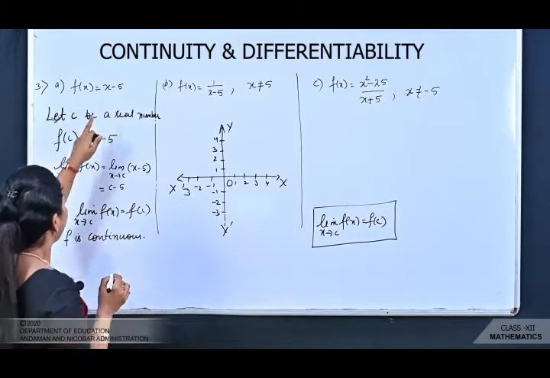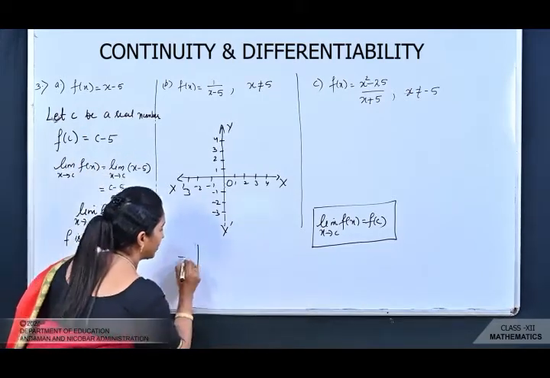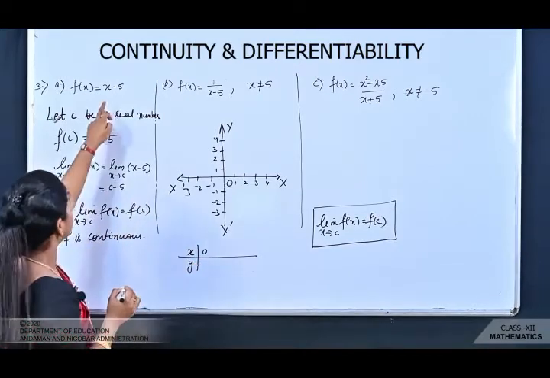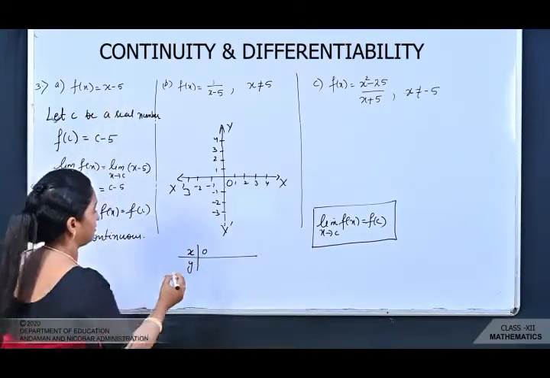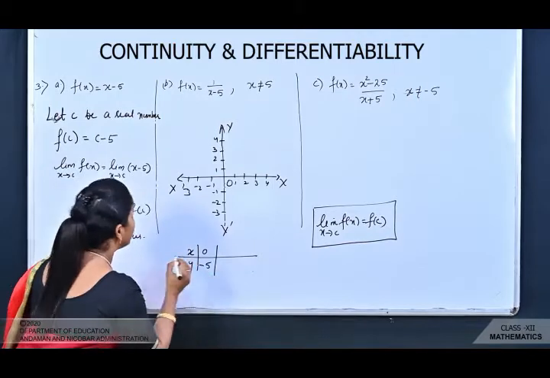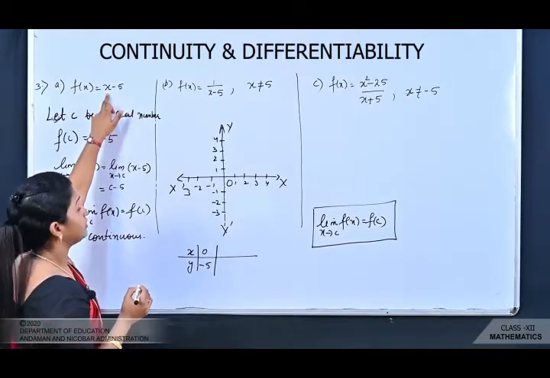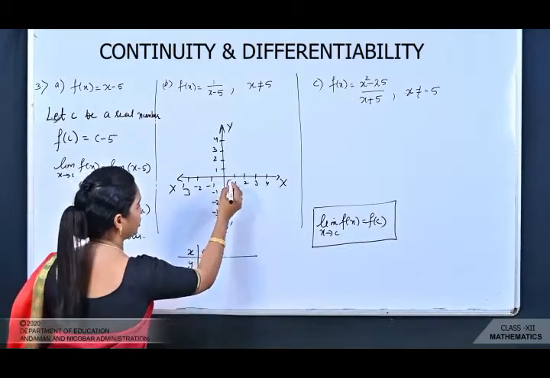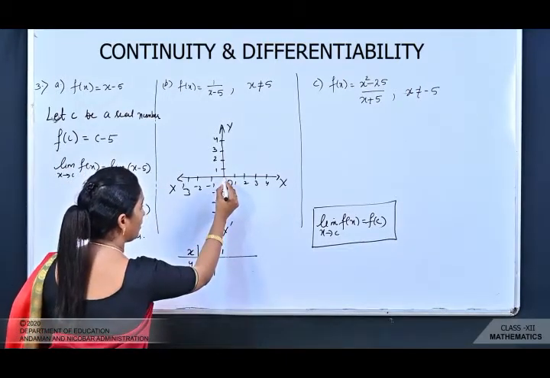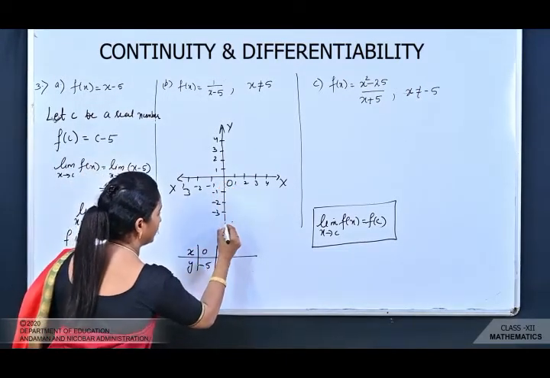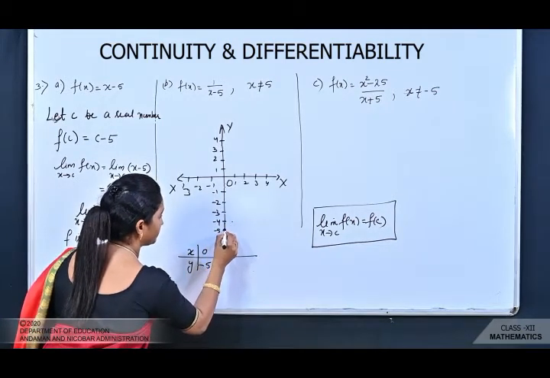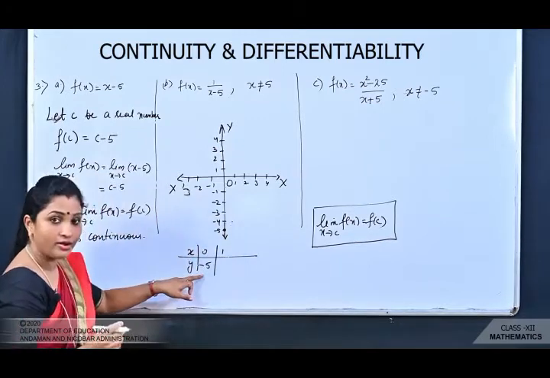Okay. Now x minus 5. If you make the table, when x is 0, y will be what? When you put x is equal to 0, y क्या हो जाएगा? Minus 5. When you put x is equal to 1, y will be 1 minus 5, which is minus 4. So that means पहला point होगा when x is 0, y is minus 5. ये थोड़ा नीचे यहाँ पे होगा, ठीक है? It is minus 4, यहाँ minus 5. This point. When x is 0, y is minus 5.